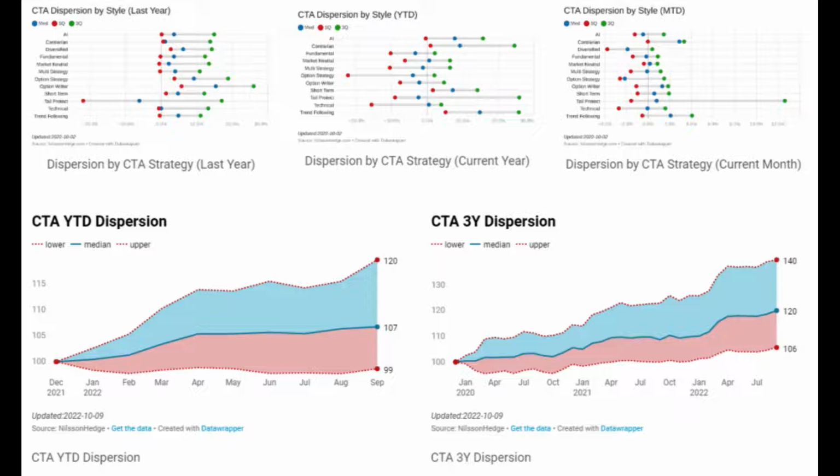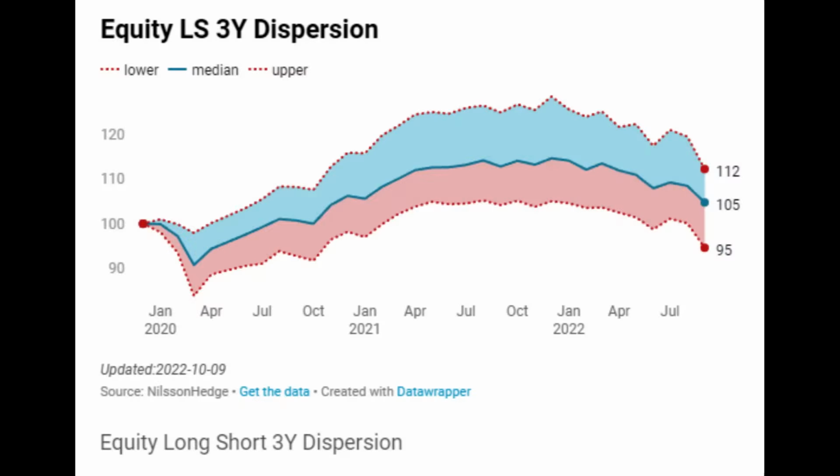The median CTA investment has increased by almost 20% since the beginning of 2020 without using any selection skill. The same is true for the 3-year chart. Choosing managers in the top quartile has produced results of almost 40%. Here, it has been crucial to carefully choose the managers. YTD, managers in other styles who are not in the top quartile in that particular style have underperformed CTAs who perform at the median level.